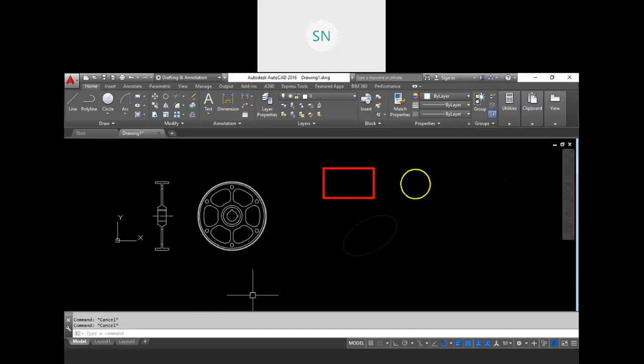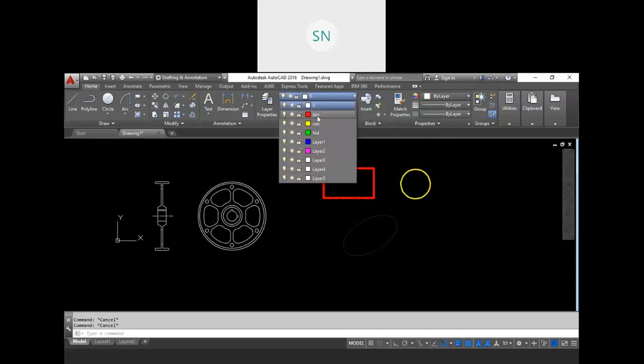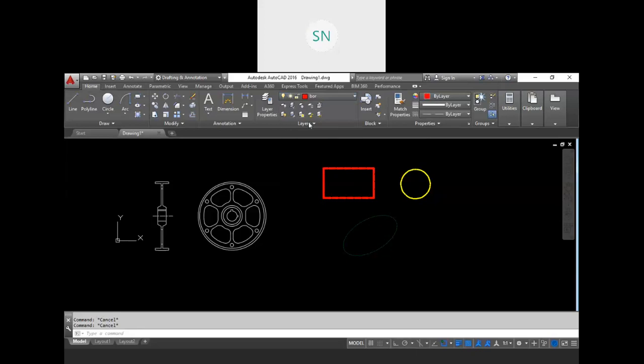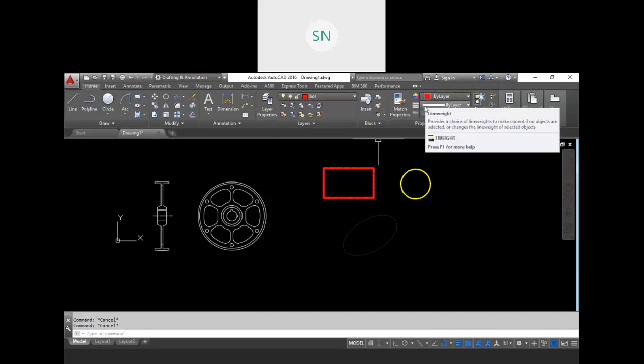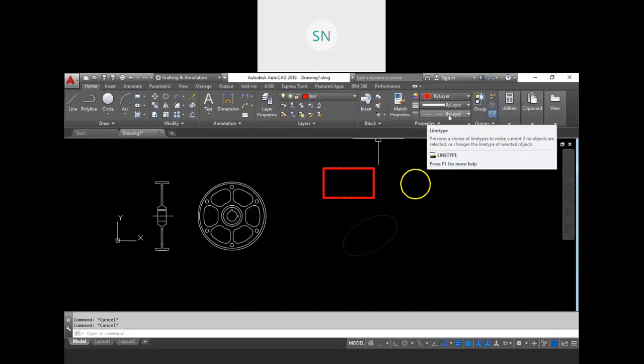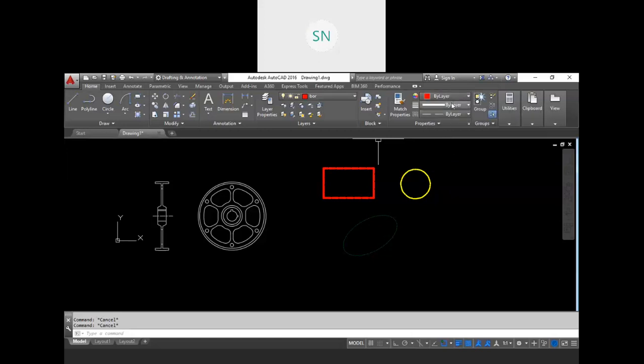Now if you haven't selected anything and you are going to change your layer over here, that is layer 1, I want to choose, or let me take this one, border layer. So that layer will be your current layer. See, in the properties panel we have red color, we have line width, we have different line type, but everything is by layer.